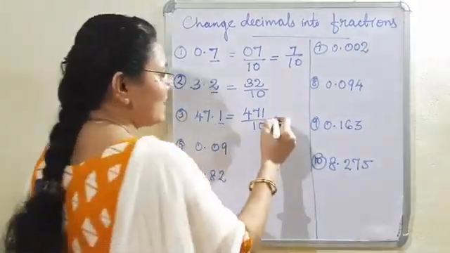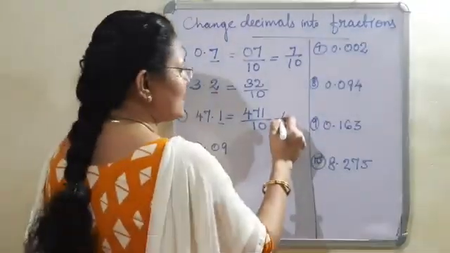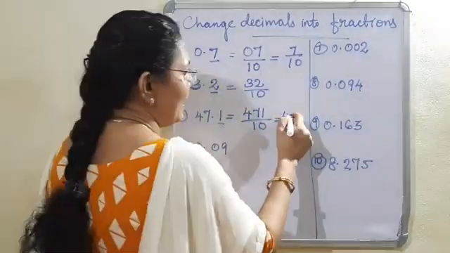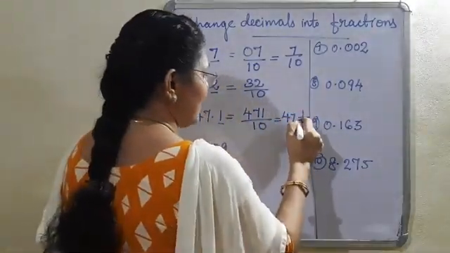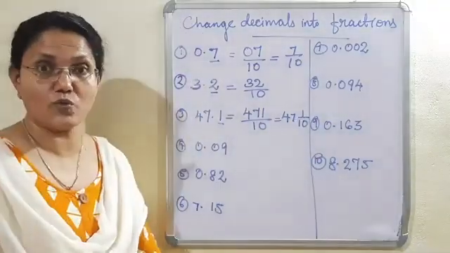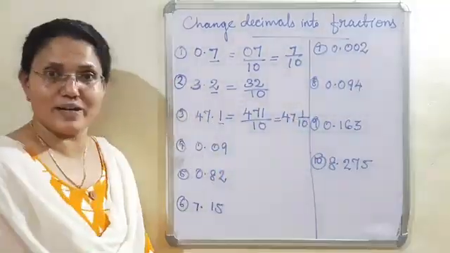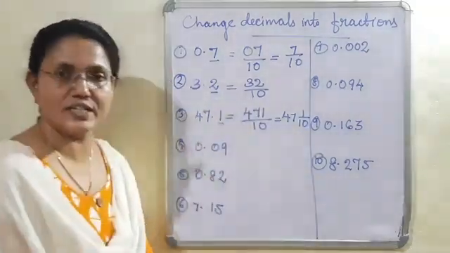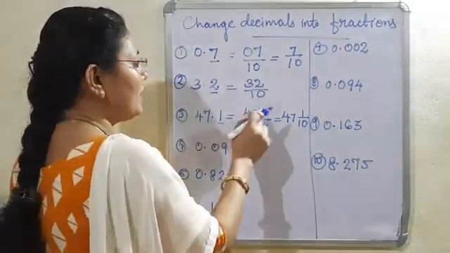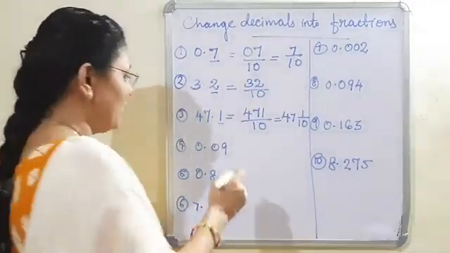Okay, now we can write one more way, that is 47 is a whole number and 1 by 10. Actually, 0.1 is 1 by 10, you know. 0.1 as a fraction is what? 1 by 10. Both are correct. 47 1 by 10 or 471 by 10. Next